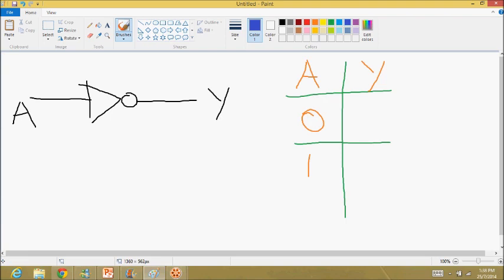So by the property of a NOT gate, if we have an open circuit, if the switch A is open, the NOT gate will give us a closed circuit. It will give us a 1 output. And if the A is a closed circuit, it will give us a 0 output. That's just the property of a NOT gate. Something you have to remember. So there we have the truth table of a NOT.